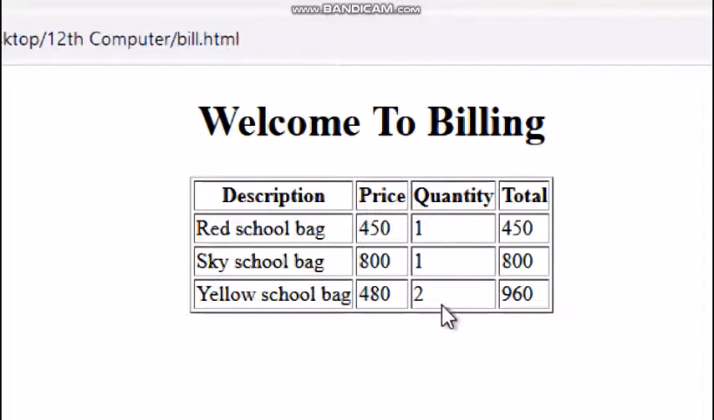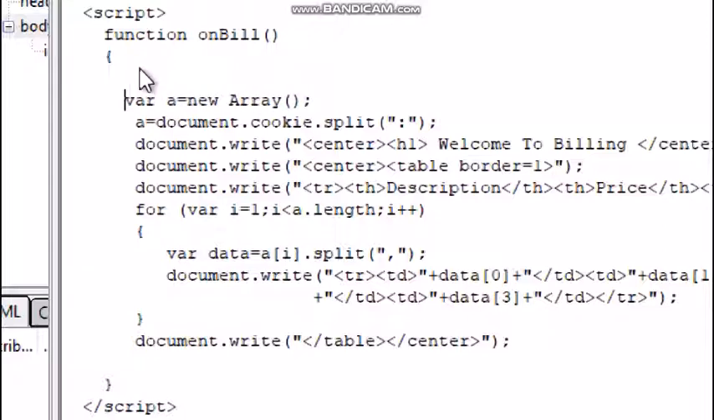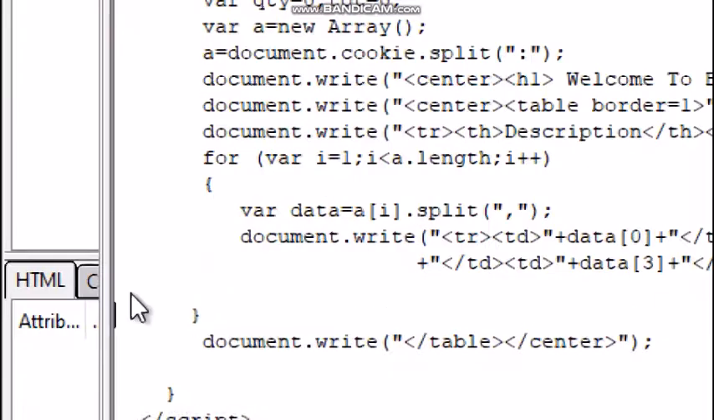Now I want sum of quantity and sum of total amount. So first I will initialize quantity to 0 and total amount also to 0. So I'll write variable qty for quantity equals to 0, comma, total amount also to 0, semicolon. Now in for loop, I will write